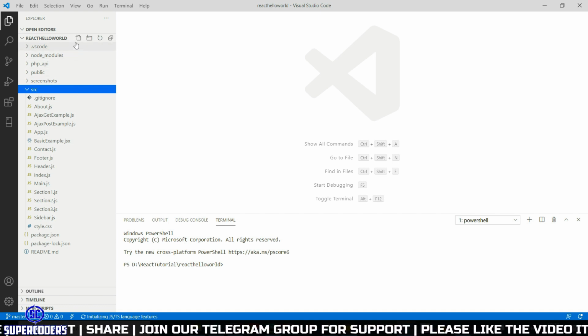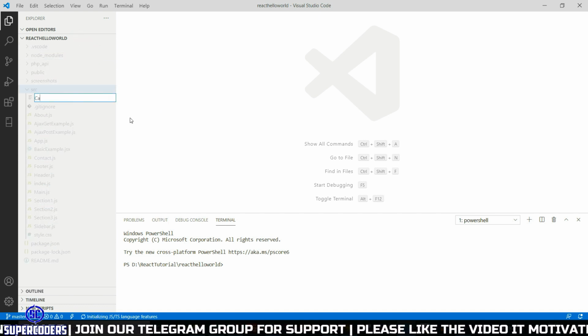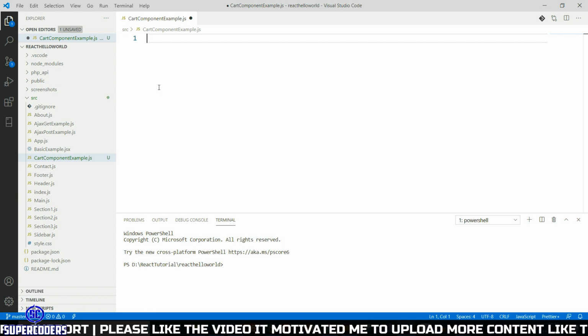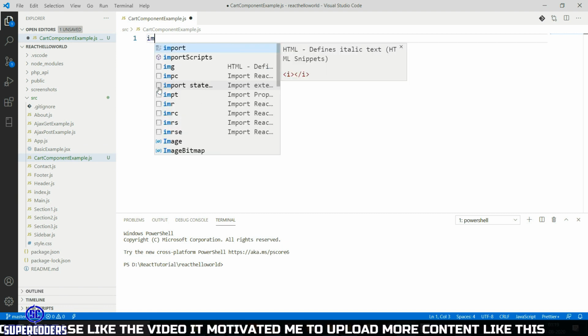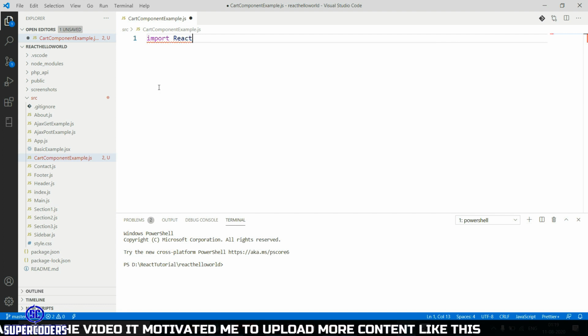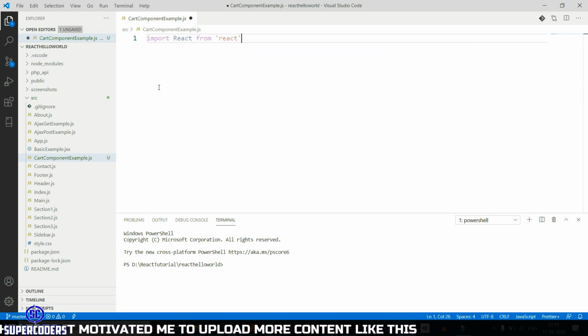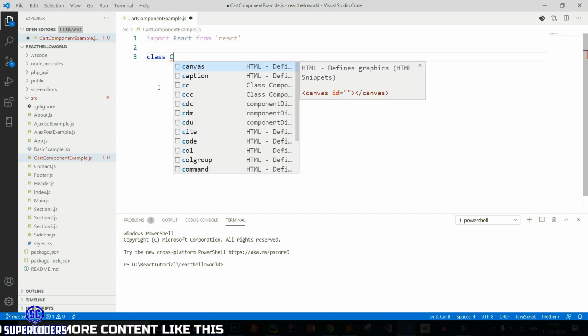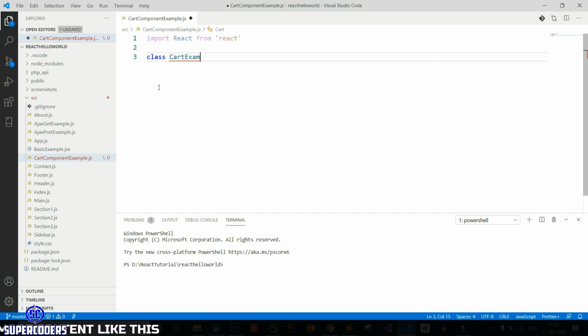First, creating a new file, then giving file name cart component example.js. Then first import React from React, then creating class, so class cart example extends React.Component.